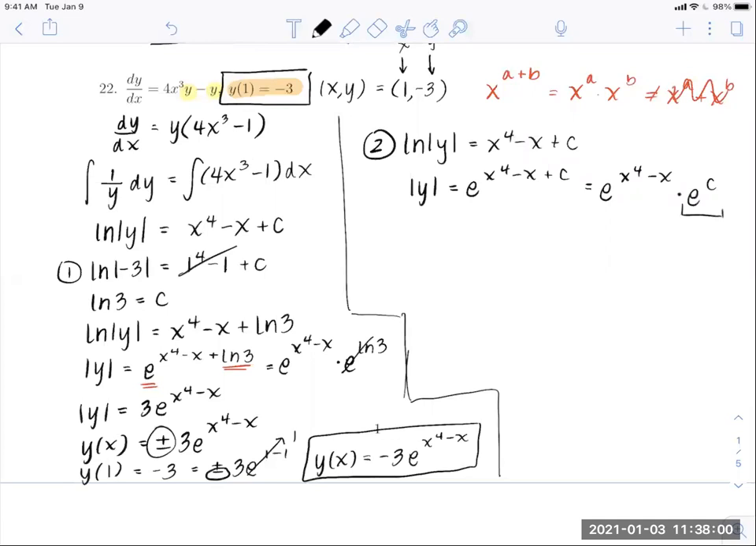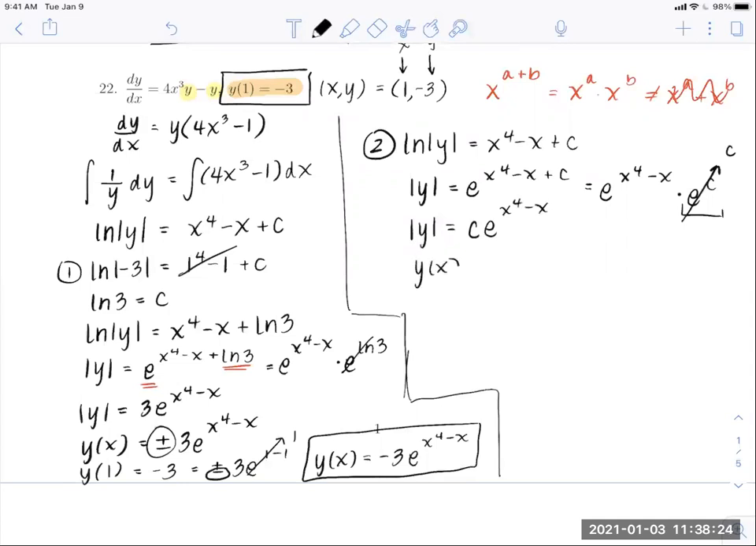Instead of leaving this as e to the c, which is itself some constant, I'm just going to kind of abuse notation and rewrite that as c. So I'm going to say, look, c is a constant, so e to the c is another constant. So I'm going to write this as the absolute value of y equals c e to the x to the fourth minus x. All right, and then once more,